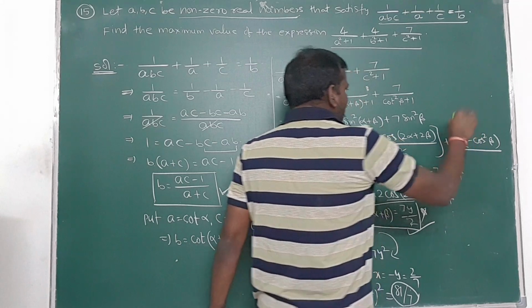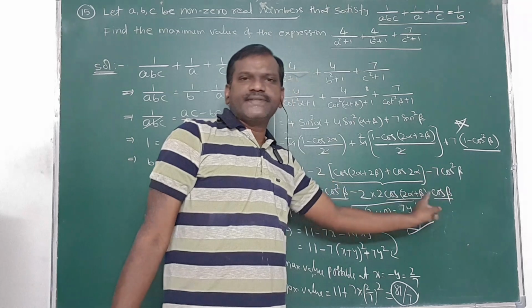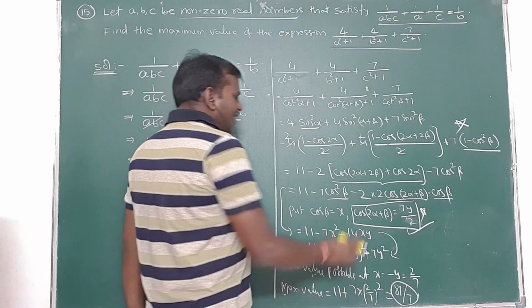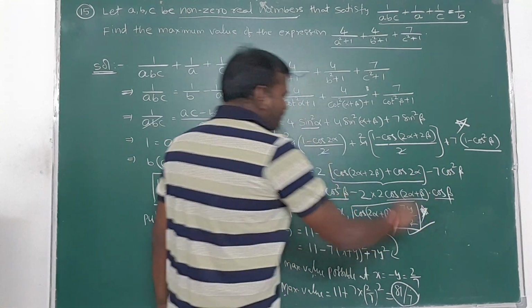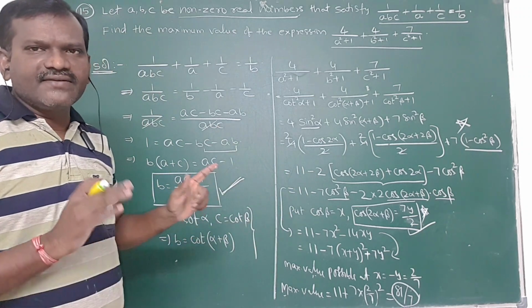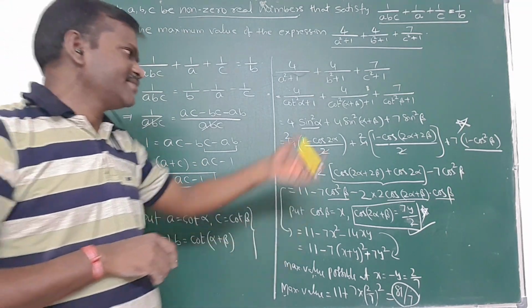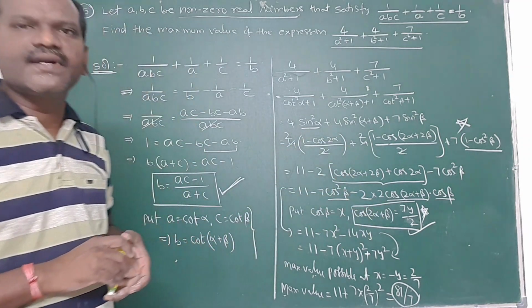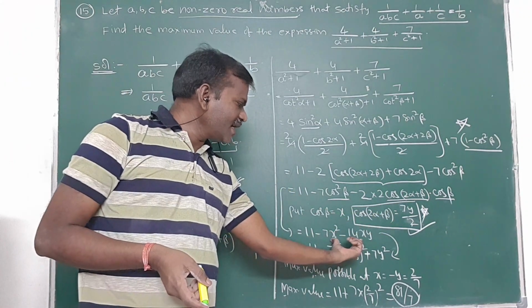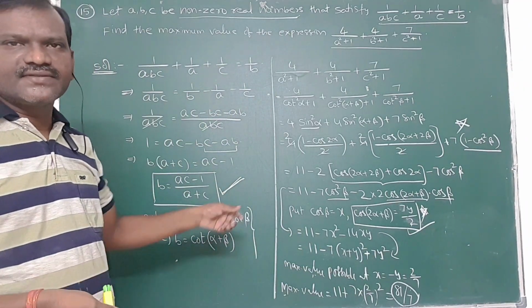Next, substitute. Why did I substitute this one? Because here I am getting the cos beta part. That is the second important point. Then here this substitution is the third important step. These three steps are important to solve this type of question. If you make a mistake, it will become a very hard question. If I substitute that, or if this is not possible, or you can't get this idea. Why I got this one: here I can write this part as 7 into x plus y whole square plus 7. That's why I used that.